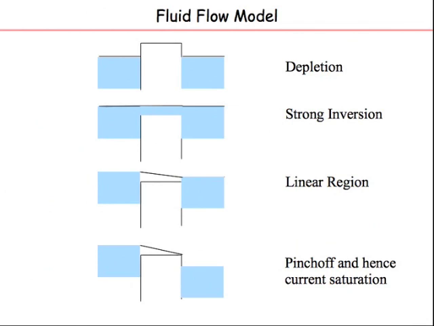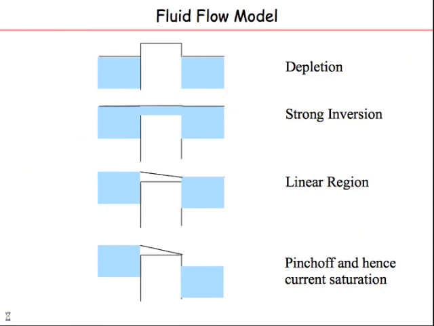Whereas in analog design, you keep the transistor in a particular region. If I want a resistor, I'll keep it in the linear region. I'll bias it, I'll set it in the linear region, and the voltage swings are all small enough that I remain in that region. If I want a current source, I'll keep it in the saturation region such that the currents remain constant. Whereas in digital circuits, my swings are so large that my transistor keeps going around between all